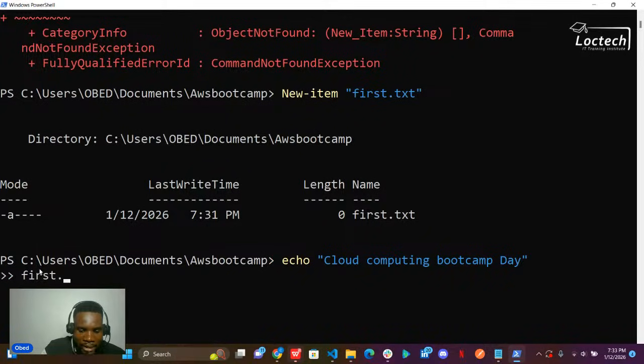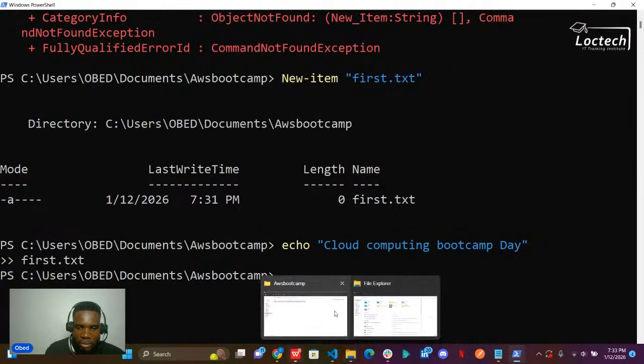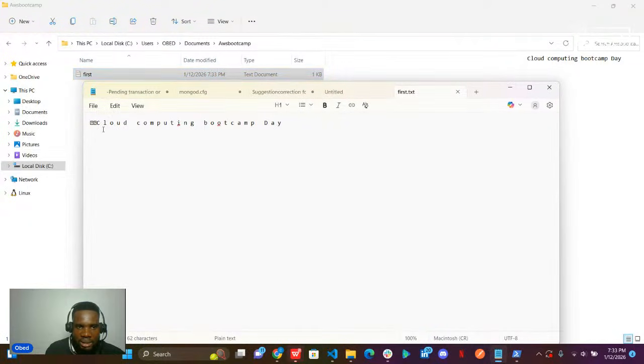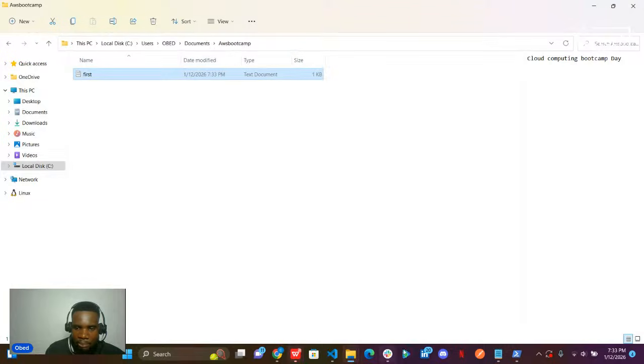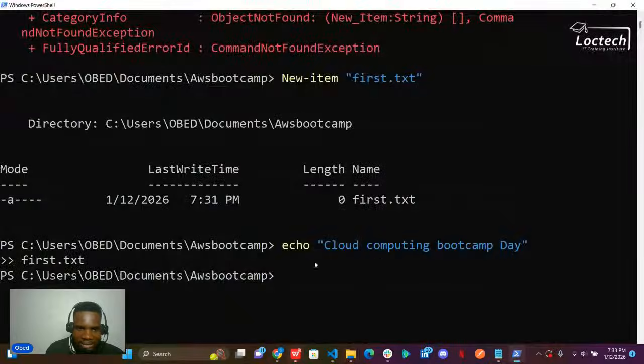I want to write it into first.txt. Now, if I head over to first.txt and I open it, as you can see, Cloud Computing Bootcamp day one. Seems like I didn't write that properly, but as you can see, I have the text Cloud Computing Bootcamp day one. So that is how I'm able to write into a file.